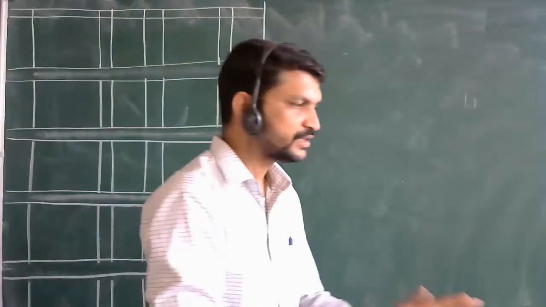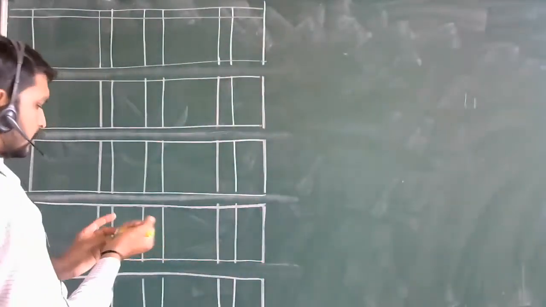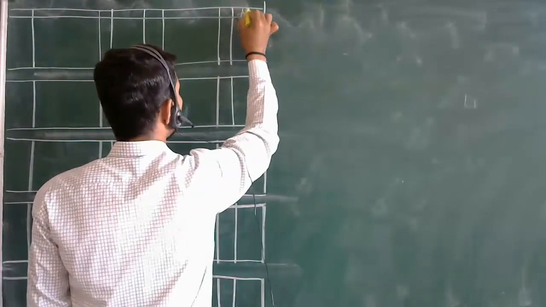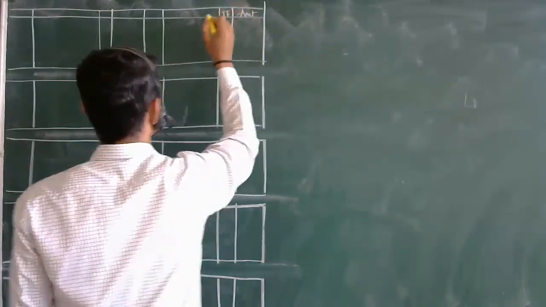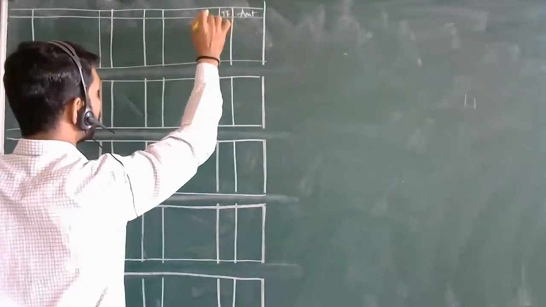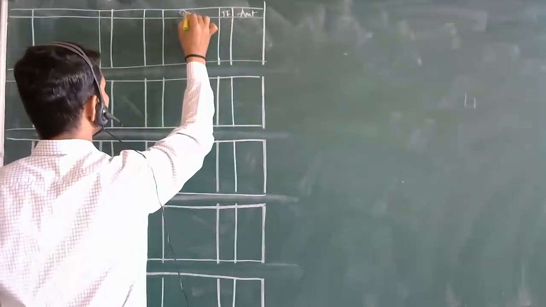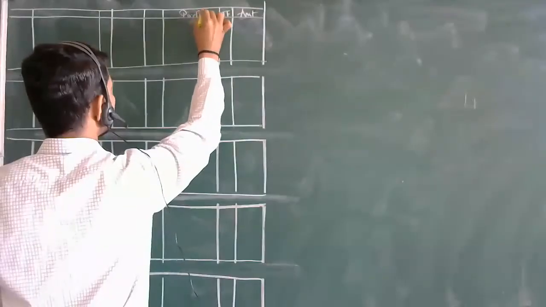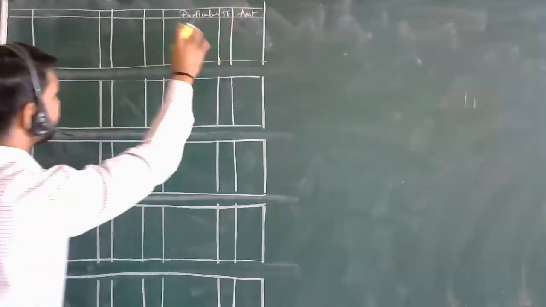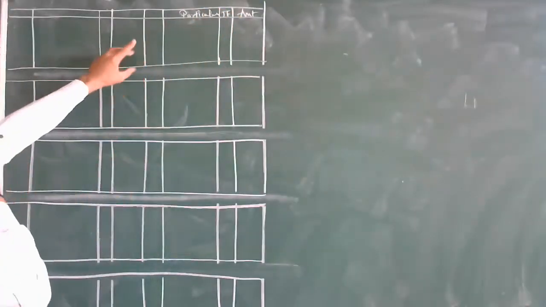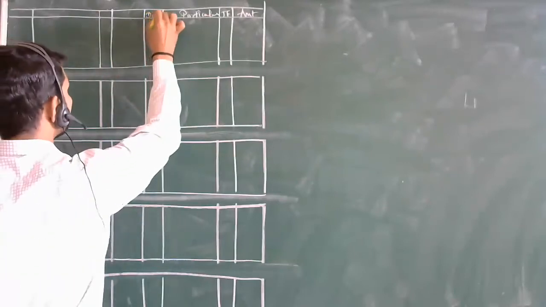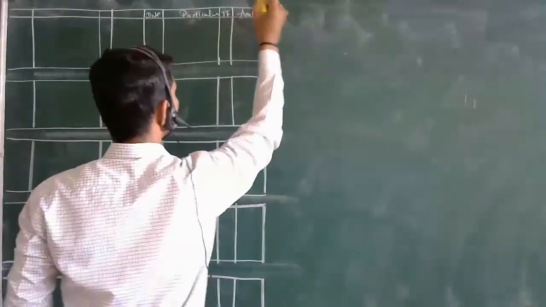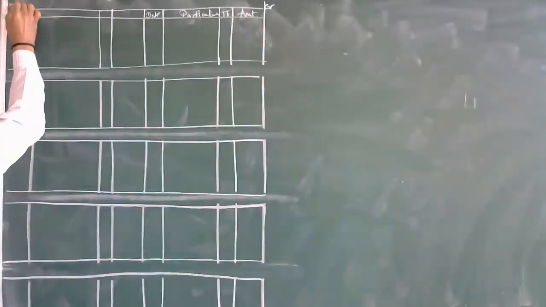See, these are the things. I will be writing the headings in short. You have to maintain it clearly. This is JF, journal folio we call it. Then particular. You remove all the accounts with detailed names, okay? I am doing this in short. Then this is date. This is credit side. This is debit side.